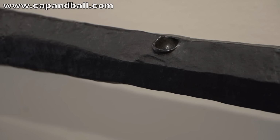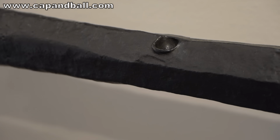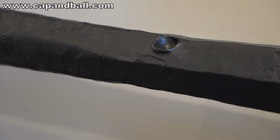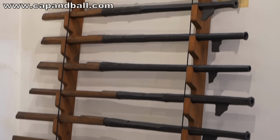They are usually punched to form a small pan for priming powder. This method is usually associated with having a hammer to hold the match. But in these cases, there are no serpents on these guns, proving that this concept does not necessarily indicate the existence of a lock. One of the barrels is exploded at the breech, which shows 2 layers of the scalp,